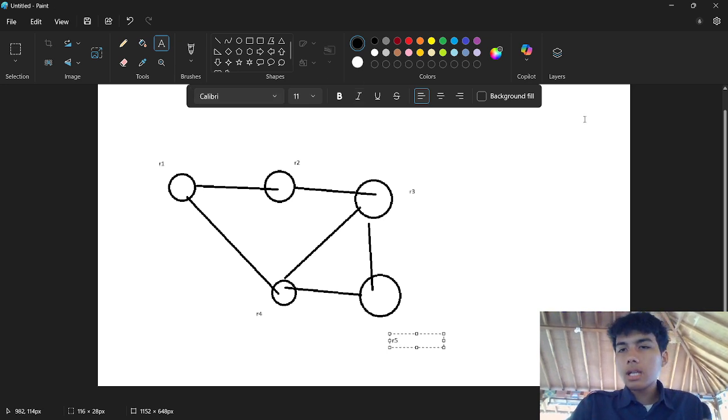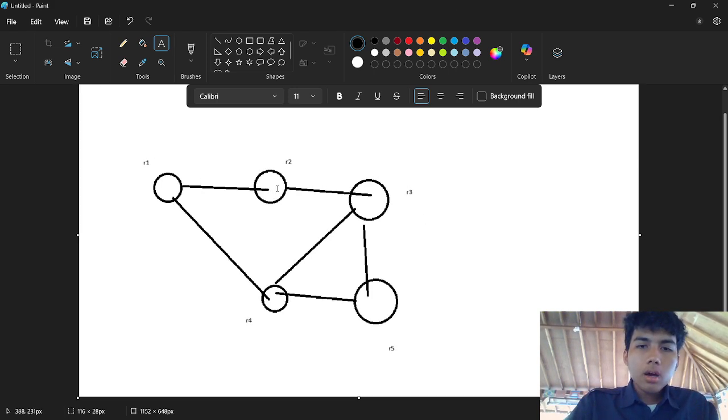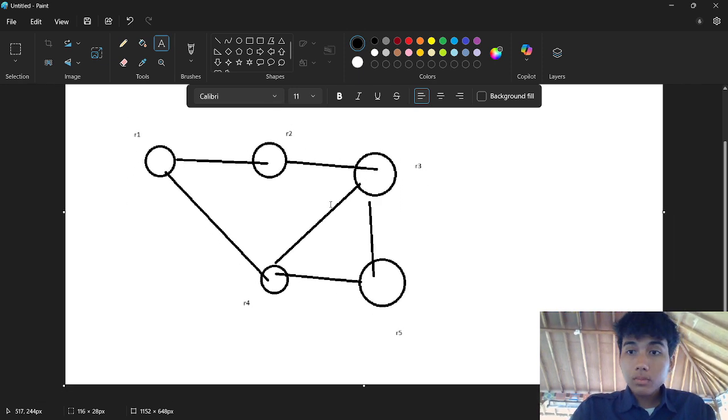If you use static routing, the characteristic of static routing is that you need to configure it manually. The downside of static routing is when you have trouble with the Ethernet. For example, if router one wants to send a packet to here, it will go through here and here.